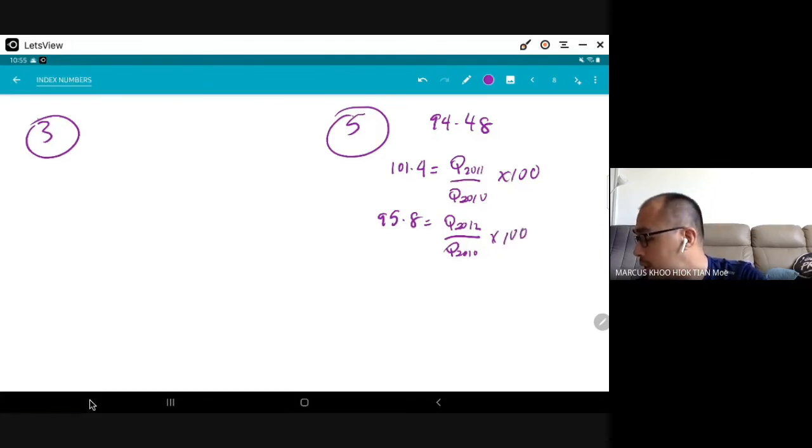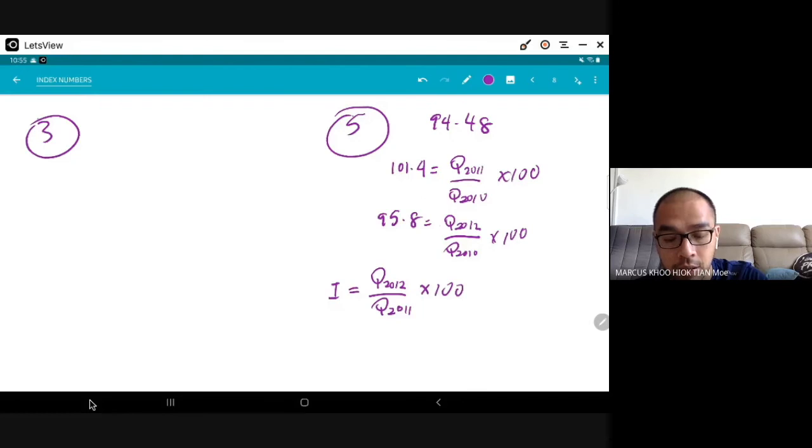So the question is, calculate the index of 2012 based on the year 2011. So this is the example 3 punya question. Okay, 2012 over 2011. Okay, we want to find this new index times 100. So in order to do that, we have to,